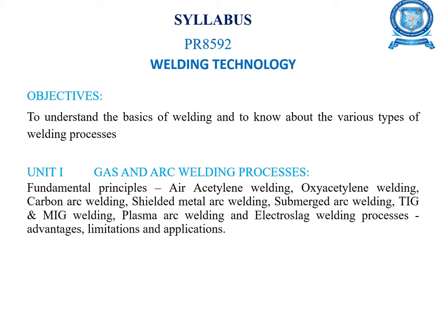So in objectives, the main objective is to understand the basics of welding and to know about the various types of welding process. So Unit 1, you have this gas and arc welding processes, and you will be studying about the fundamental principles, different types of gas welding like air acetylene welding, oxy-acetylene welding, and arc welding process. You'll be studying about carbon arc welding, shielded metal arc welding, submerged arc welding, TIG and MIG welding, plasma arc welding, electroslag welding processes, and you'll be studying the advantages, limitations, and applications of all these gas and arc welding